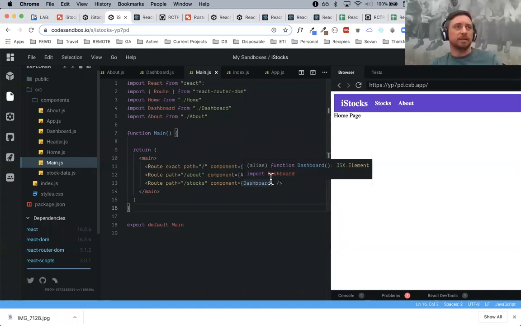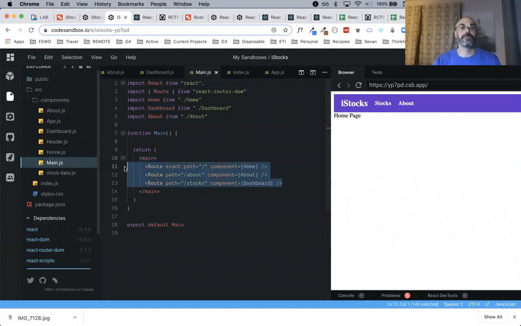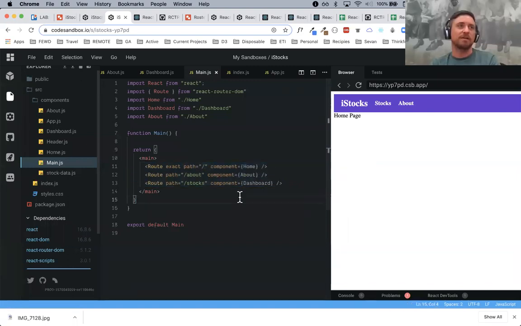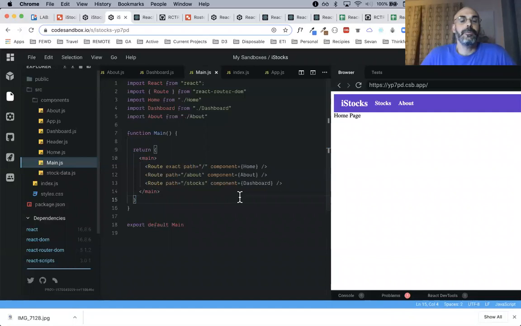How do you create a list of links which is larger than 3? Like, what do you get up to? 20, 50, 60? Oh, you mean path, routes, or links? Yeah, is there a more efficient way than having to put out the route every time? So we could figure out some sort of mapping and map over something, right? If I had an array of objects and each object had a path that told me where I should go and a component on what I should execute, then I could loop over that and render out individual routes and just return that.